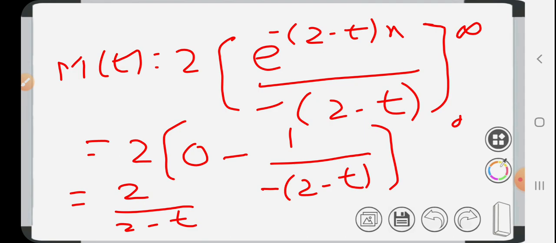It is much easier, but it exists if t is less than 2. If t is greater than 2, then it becomes negative, and we don't require the moment generating function to be negative. It should be convergent. So for that, 2 upon 2 minus t. Okay, no problem. If you understand the condition on t, it's well and good. If you don't, we don't have to panic. Just keep in your mind t is less than 2, right? Now find mu1 dash, mu2 dash, mu3 dash and mu4 dash. For that, take the derivative of this term.